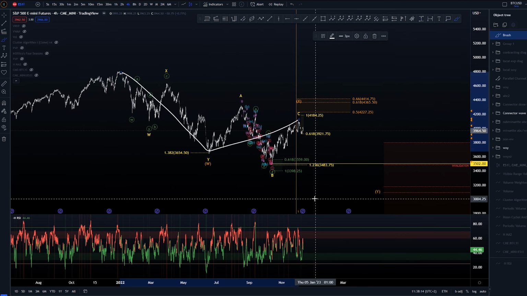So I feel like on that note we would have to shift our bias from WXYs to ABCs into a WXY here, where we would be completing this like so instead of an ABC. We have gone beyond the minimum of 0.618 for this move here upwards, and close to the one-to-one. I don't think we're going to be hitting that unless this structure is something else than this one that I've thought out. But those are the structures on higher time frame that I'm looking at.